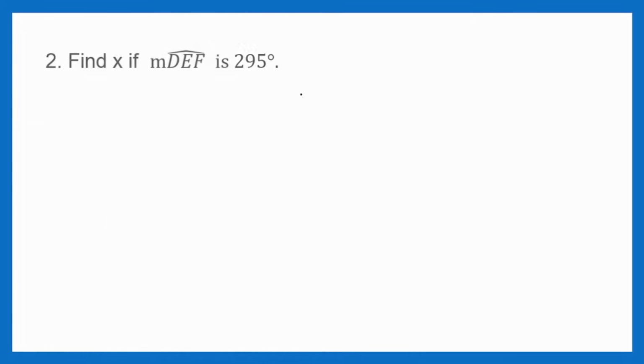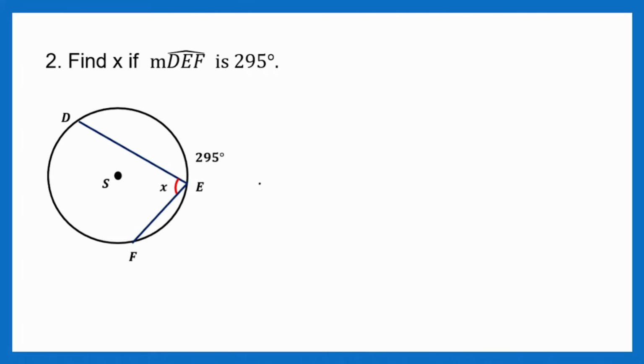Let's have another one. So, find x if the measure of arc DEF is 295 degrees. Ayan. Paano kaya ito? So, dito medyo tricky siya. Kailangan meron kang mga baon-baon na ideas about circles. So, ito ang given sa atin, measure of DEF, pinapahanap si x. D, E, saka F. Etong buong yan, ang measurement daw ay 295. Tama? Now, ano kaya yung kailangan natin para ma-solve ito? Ano yung idea na dapat alam mo para ma-solve ito?